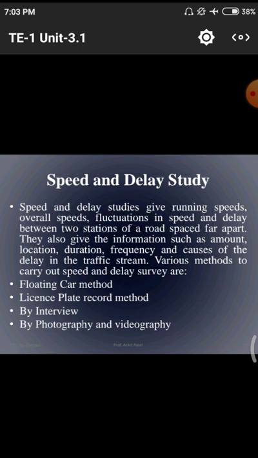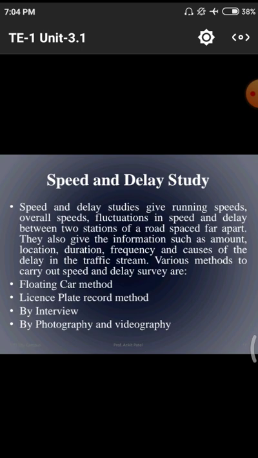They need to do some amount of extra data. Due to this extra amount of time and extra amount of length, they need to face some amount of huge delay studies. They have to give the location, duration, frequency, and causes for the delays. That means they need to give information such as the amount. Amount comes under the total number of vehicles they have encountered on a particular road. And the location, at which point they did this investigation. That means there is some place value. What is the place value where you have done this?